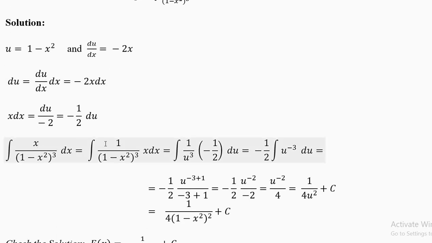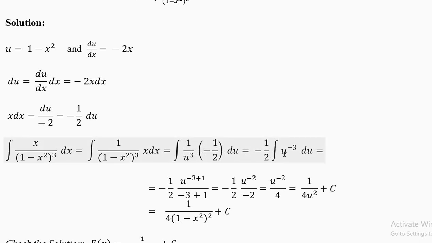Now this is x dx, you write together, it becomes minus half du. I have written this minus half because in the middle you cannot write minus without a bracket. So you do it. Here we don't need a bracket because once you take the minus half here, the bracket is not needed, but inside you are multiplying, you are not subtracting.